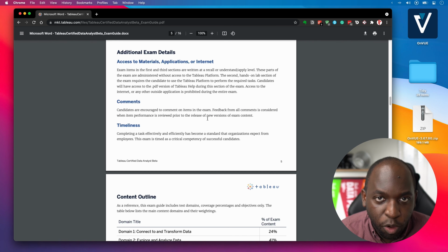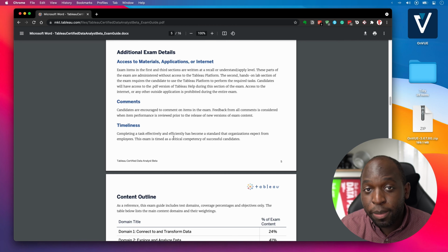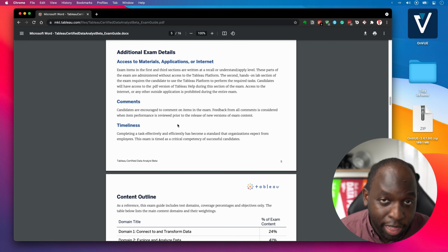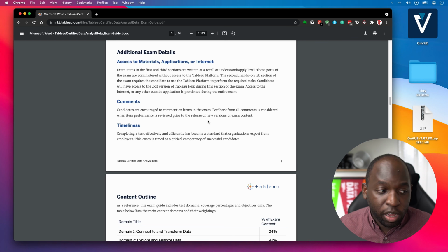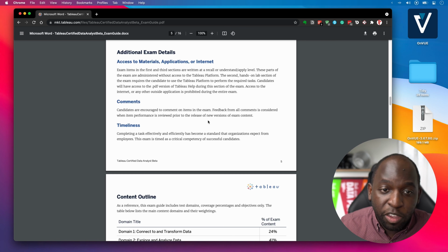I think this is a really good format for the exam. I know for a lot of people, doing a Tableau exam without access to Tableau and without access to the internet is a change in the way things work. But again, I will say this, most other technology tools have been doing this for quite some time, and I think it's appropriate for Tableau to raise the bar and make sure that their exams are done at the same standard, because otherwise you look at a Tableau certification versus, let's say, a Power BI certification,